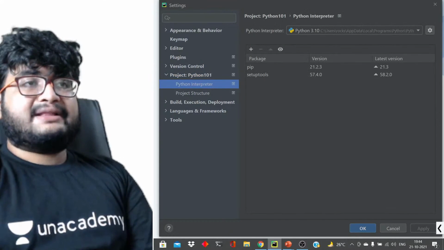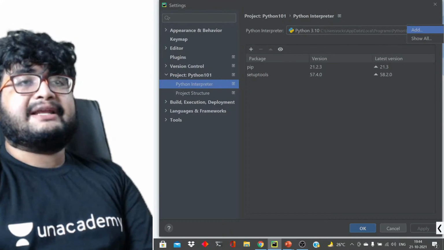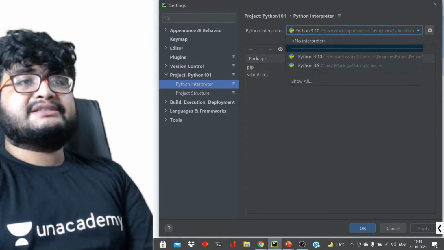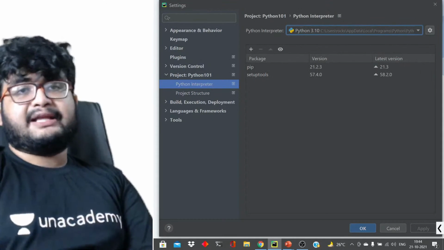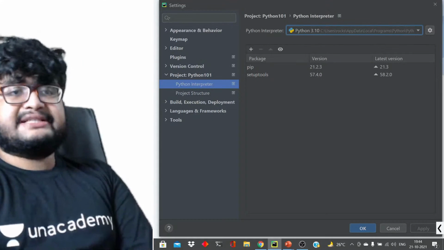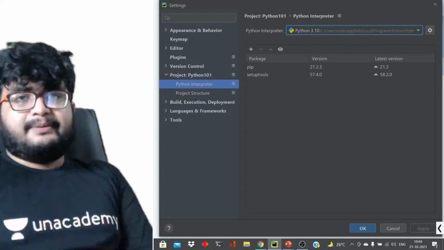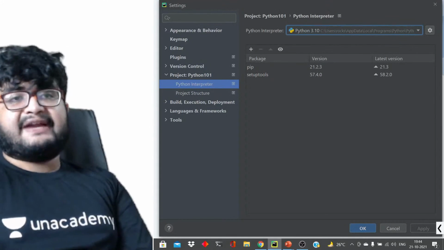Go to Python interpreter, and here you can add, or you can have a list and show all, and select the Python interpreter which you have. This is how you can configure. In fact, we'll be configuring the Python interpreter today itself, once we learn about virtual environments.